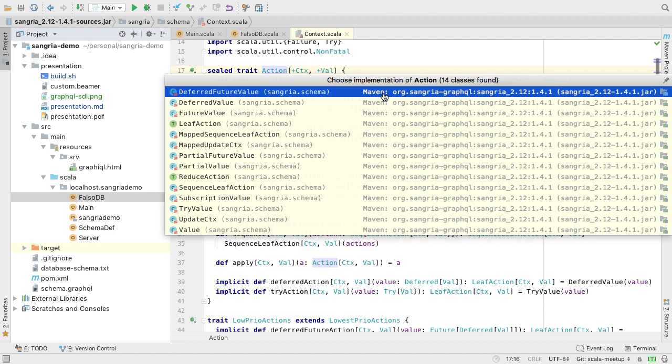There's a bunch of implicit conversions, and if it means anything to you, this action type is not a monad, but it's an applicative functor. So the difference from a monad, of course, you have flatMap, but with an applicative functor, you have a method called sequence, which takes a list of actions and turns it into an action of a list. And you think, okay, if you have flatMap, you can implement that sequence method, right? But we don't have flatMap for actions, and the reason is because